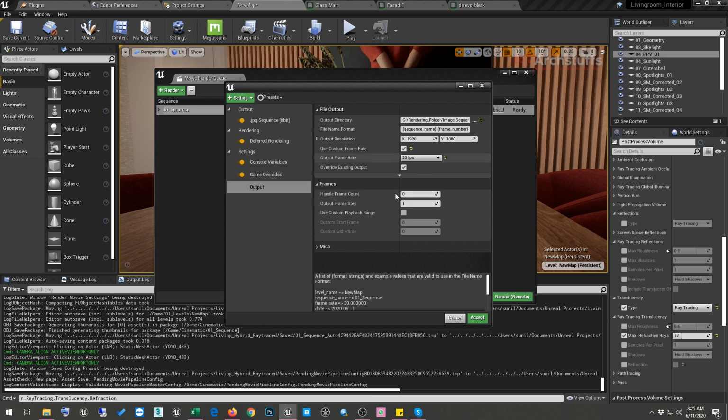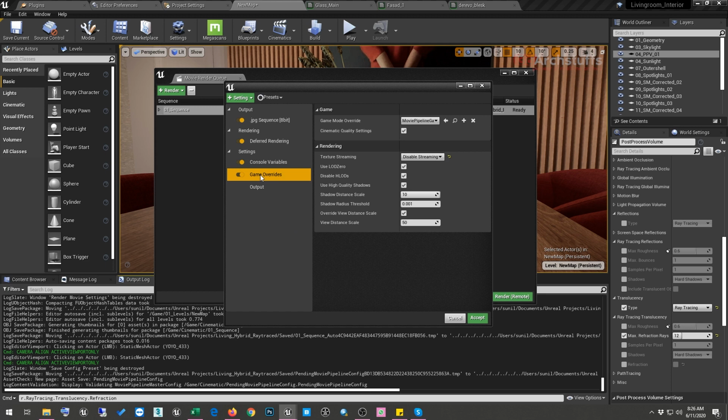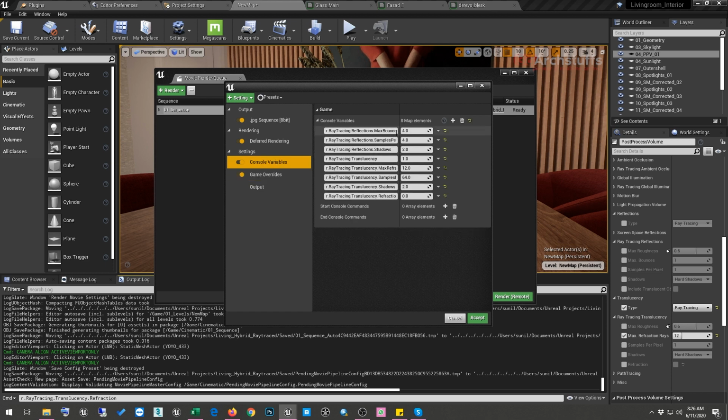So as you can see, the things we just went ahead and gave here: the first thing was game override, and then we disabled the texture streaming on this game override, and then we went ahead on console variables, and we gave all the proper console variables here. So when we will be rendering a normal quality, we will be giving this ray tracing reflection sample per pixel to 4, and once we render it on low quality, when we test it and everything looks fine, then we'll go ahead and make it like 32 or maybe 64, and then we can go ahead and then build